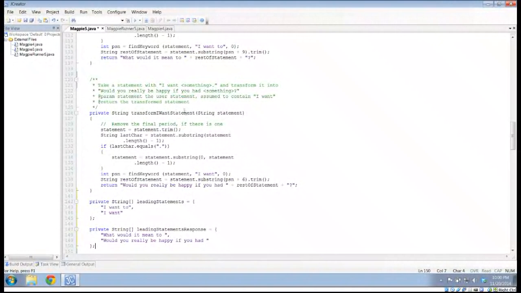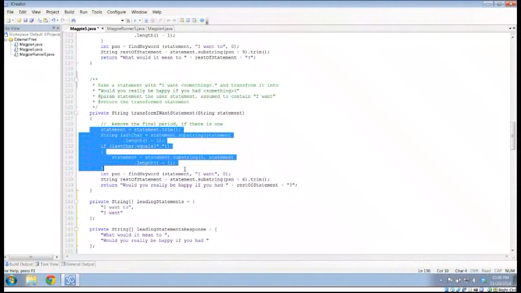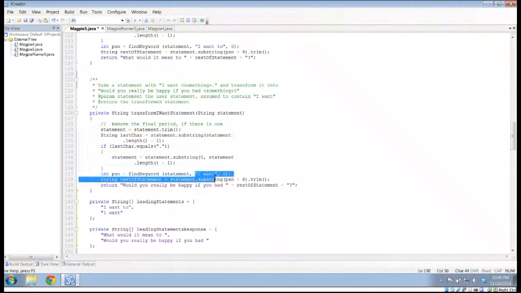Then all I would need to do is this part would stay the same. This part would stay the same. This part would stay the same. Because all of this is just taking off the last period. But instead of looking for "I want", this would actually just look at leadingStatements